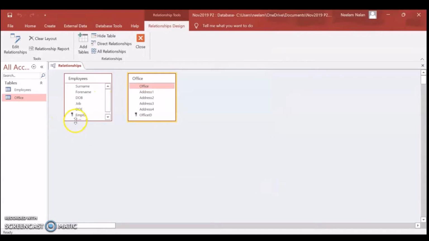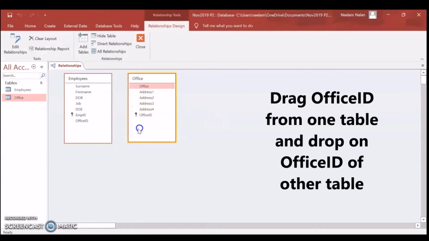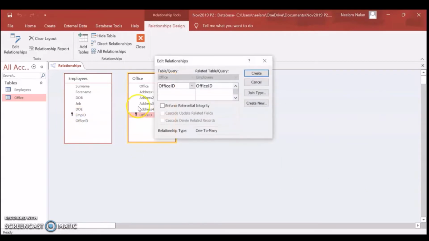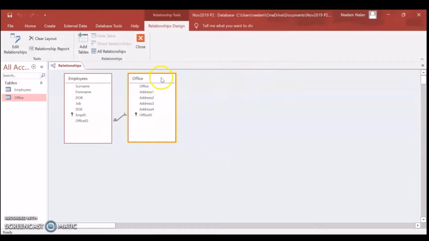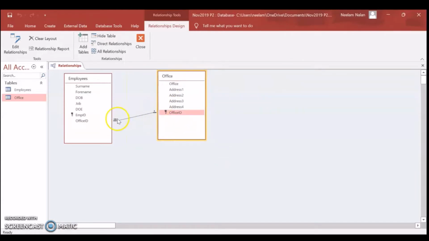The field we are going to use for linking is office ID. So drag office ID from one table to the other table. We have to create a one-to-many relationship, which you can see is already created. Enforce referential integrity. Click on create and you can see the link between the two tables is created.